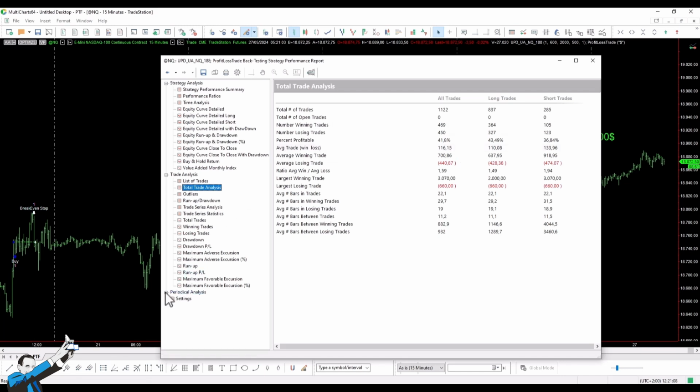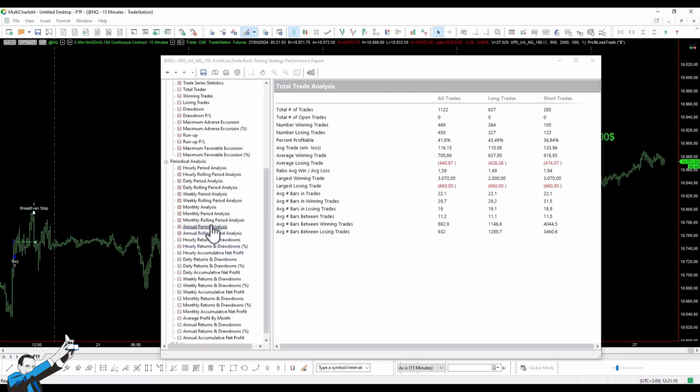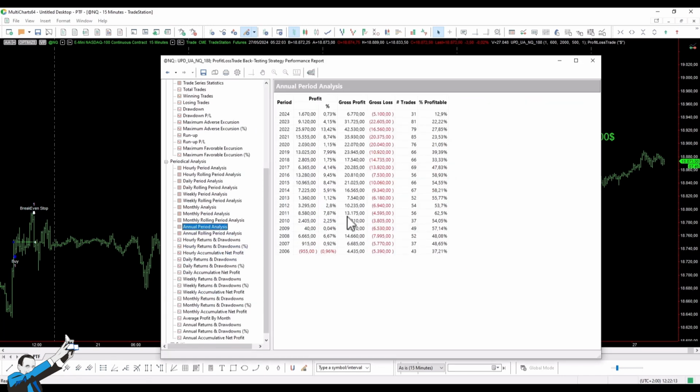Now let's look at the yearly returns of the strategy. Here we see a very consistent trend as shown by the equity line. Even in years that were quite negative for the stock markets, like 2008 and 2022, the strategy performed well, with 2022 even showing a profit of $25,000. In 2024, we see that the strategy is performing quite well in the first months of the year. Now let's move on to the second strategy.